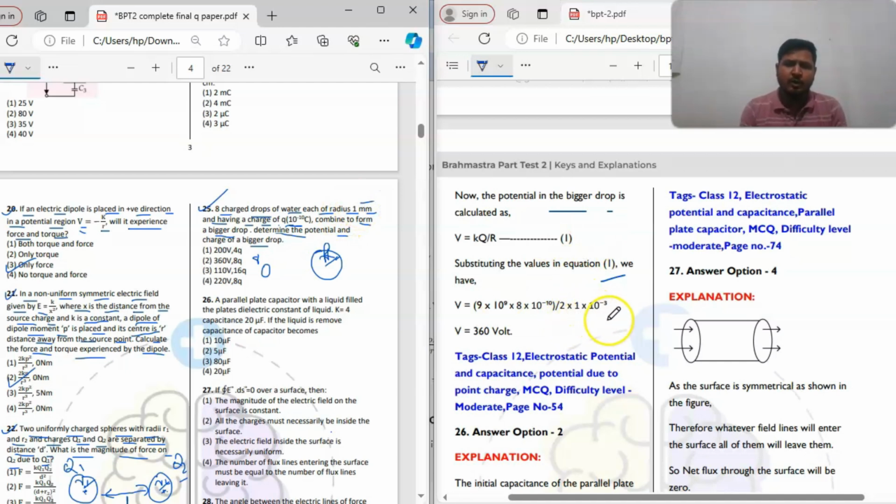2 into 1 into 10 to the power minus 3. So after solving it, how much do we get? V is equal to 360 volt. So our second option is the correct option,